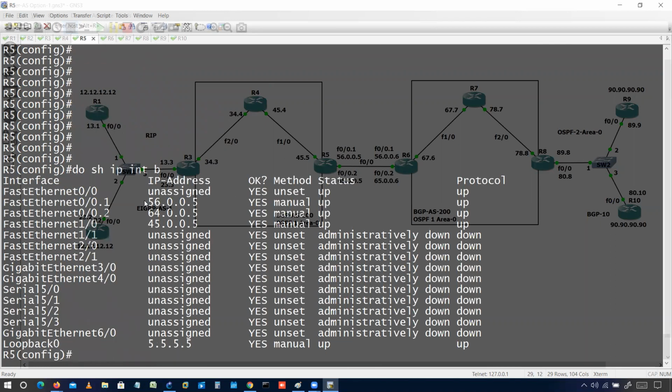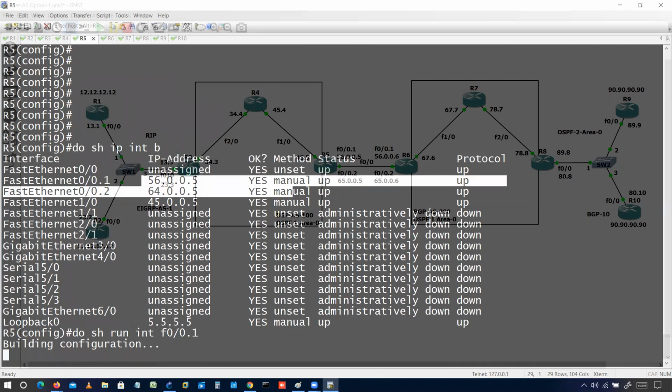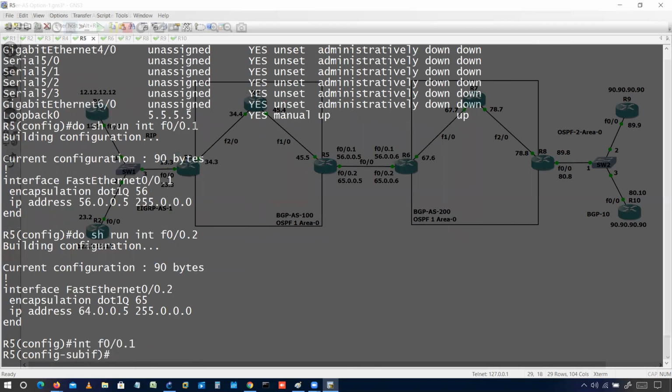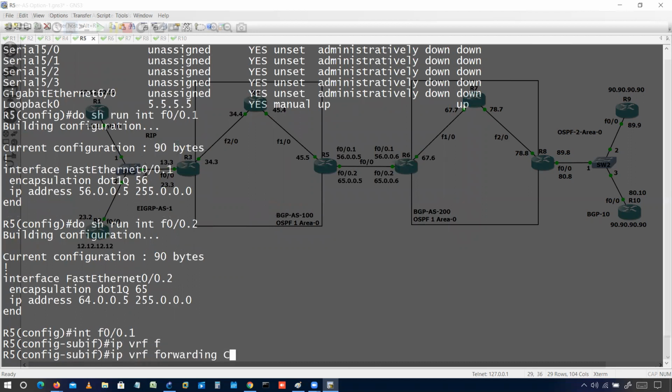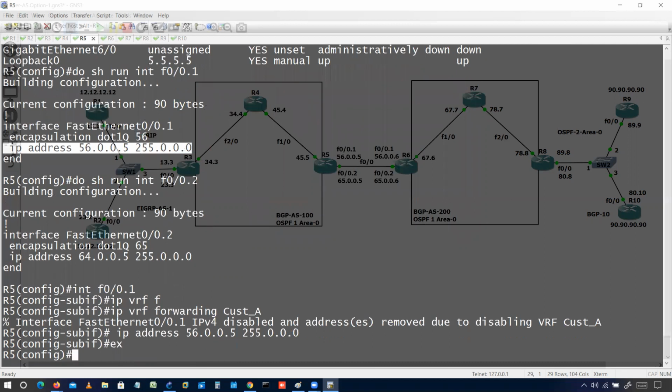Now do show ip interface brief. We have to make sure these interfaces are part of the VRFs. Do show run interface f0/0.1 and .2. Interface f0/0.1, ip vrf forwarding customer A, and configure the IP address.